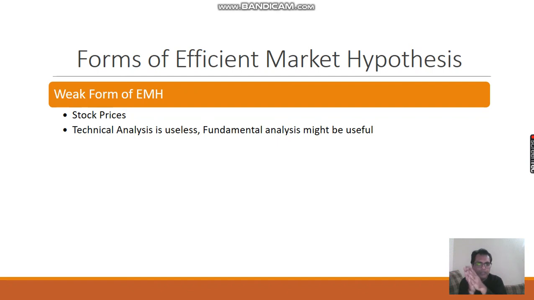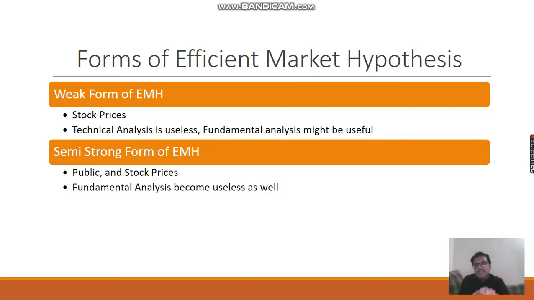Everybody has this information. However, fundamental analysis might be useful in such a situation, because public information related to companies' sales and profit is not readily available, and is not instantly transferred to the market. So if somebody has this information, he can make use of it, conduct some kind of fundamental analysis and predict stock market prices, and he might earn abnormal profits in this situation. The second form is